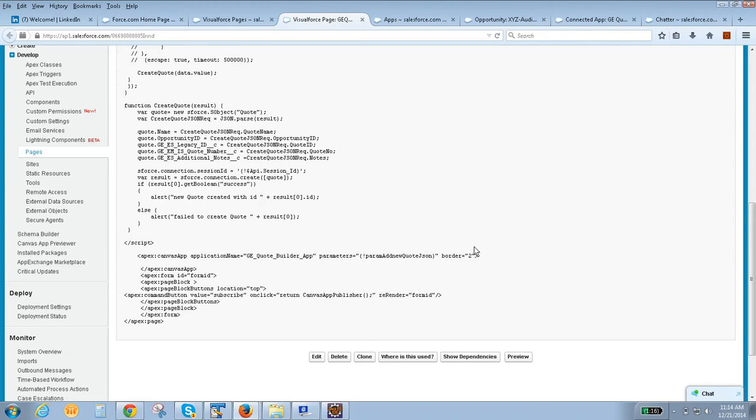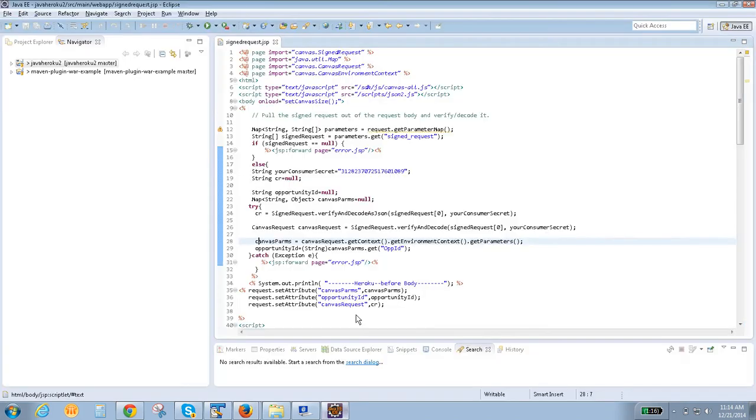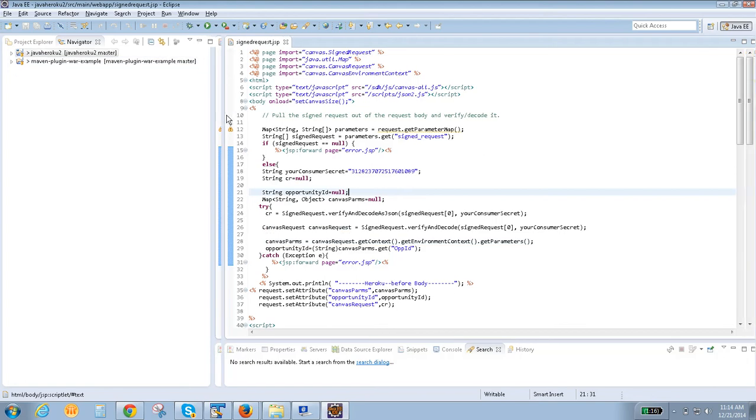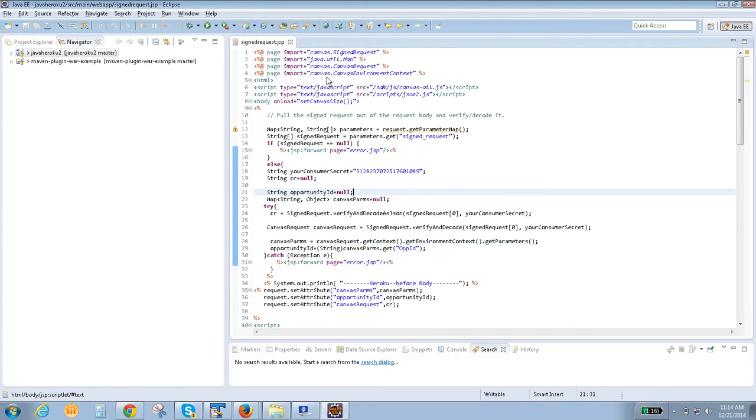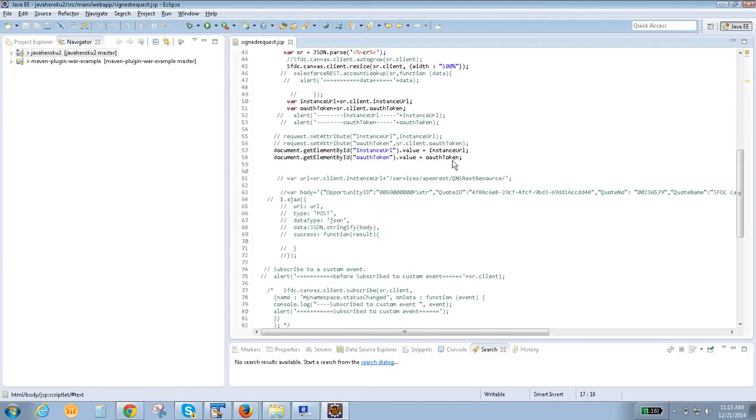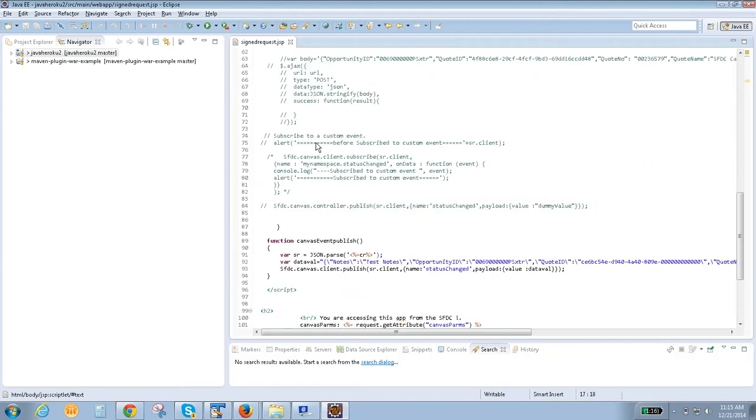Yeah, I have a question here. You deployed that Eclipse code to a Heroku app? Yeah, this is an inbuilt Heroku application where I have modified a lot of things for my testing purpose. I will share this code with you. If you want, you can also deploy the same thing to Heroku.